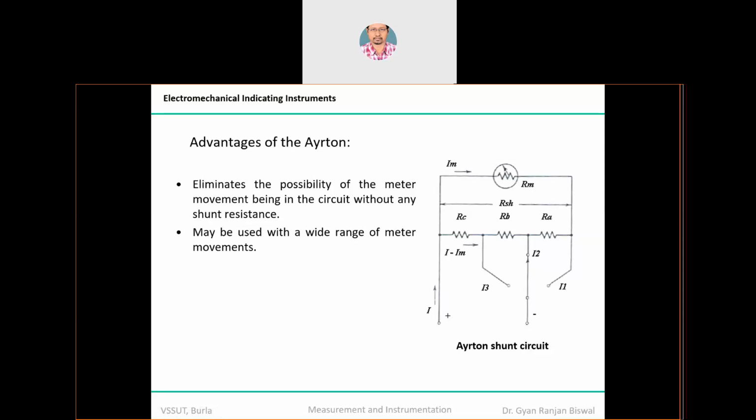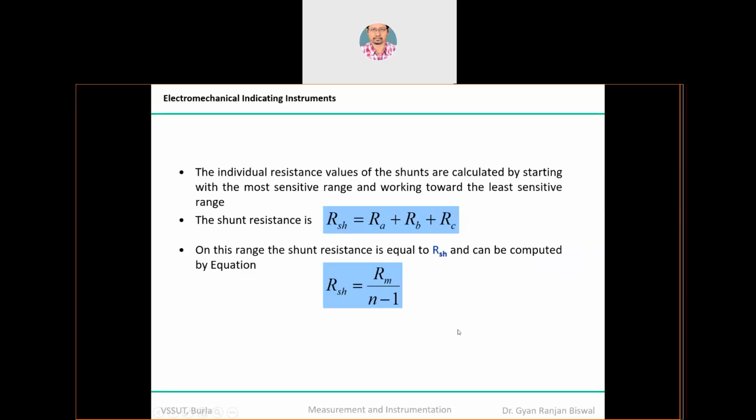Once I minus Im is increasing, that means Im is decreasing. I minus Im is nothing but the shunt current, ISH. So if it is increasing, Im is decreasing. If we want to increase the value of Im a little bit, then ISH has to be compromised. So this is the typical arrangement we have done.